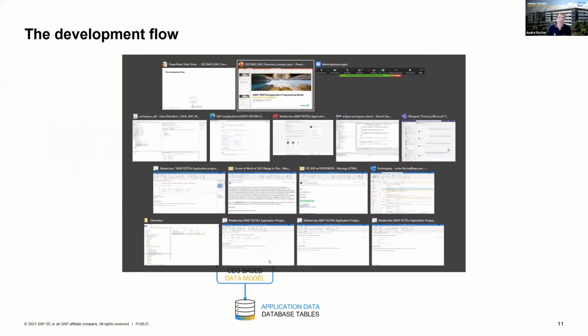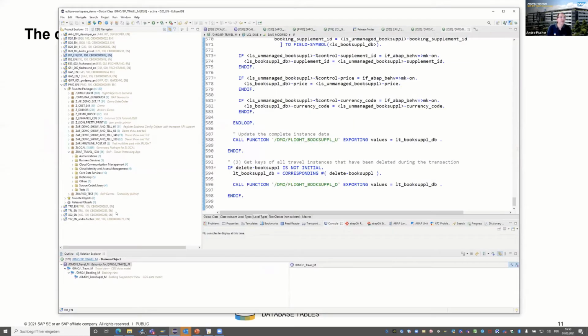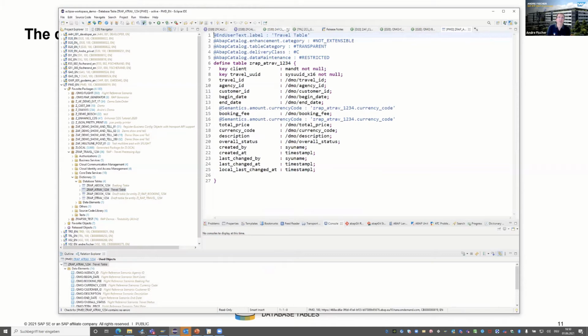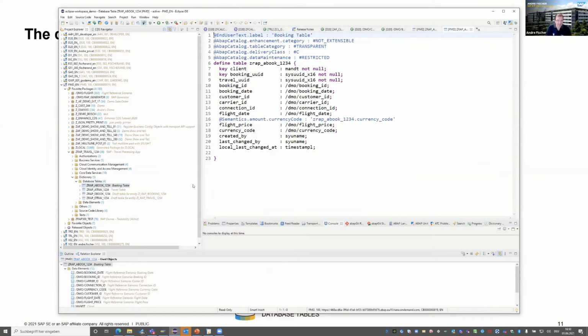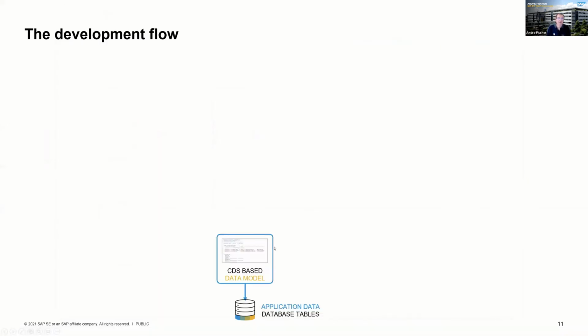So the development flow: we start with a data model based on tables. So we have database tables, for example, similar to what you are doing here. You have a travel table and a booking table. We have to create a CDS view and a so-called behavior definition.